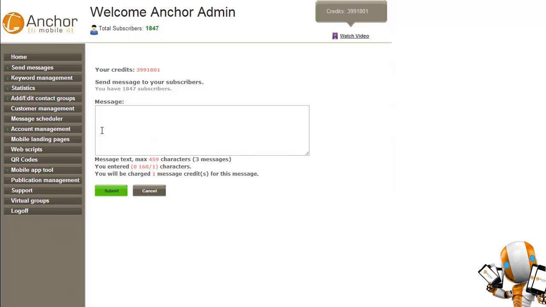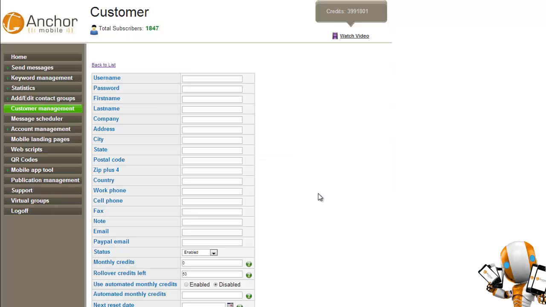So we'll begin by showing you how to set up a new customer. It's real easy. Once you click on Customer Management, a new screen will open up where you can choose to add a new customer. It's very simple to add a new customer. You will just create their username, their password, all their business information, line it out with their email address and